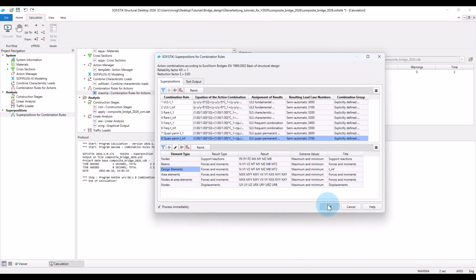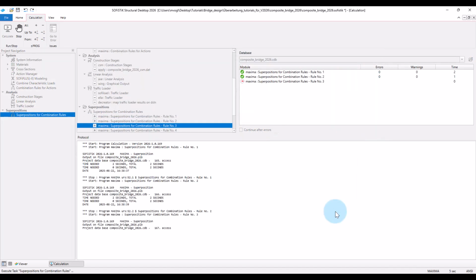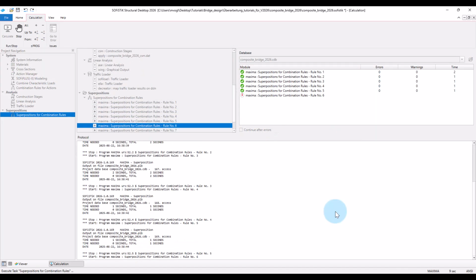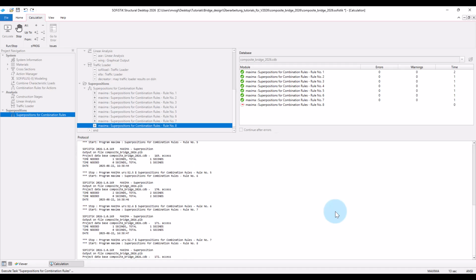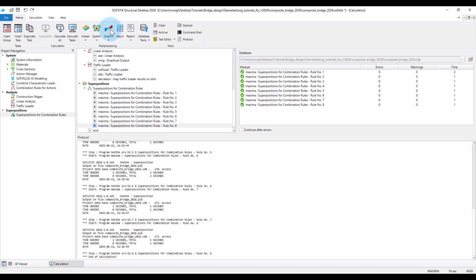And run the superpositioning. Now you can check out the created superposition load cases. For example,